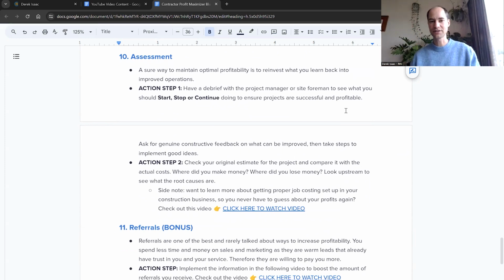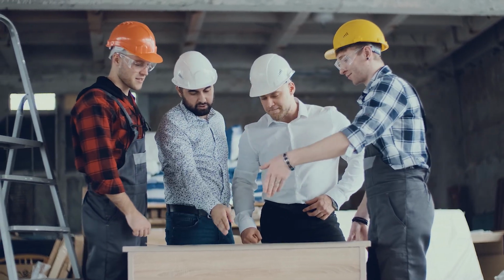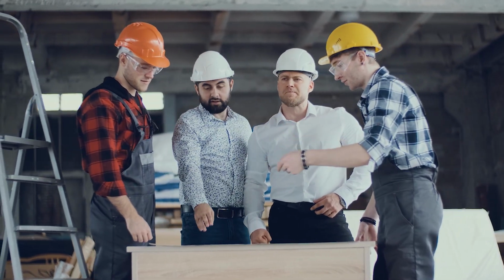So this is an assessment and something that you should be doing regularly. I typically do this every week, month, and quarter, but to varying degrees. But you should have a really big assessment, probably every month or at least every quarter. Have a debrief with your project manager, your site foreman, see what you should stop and continue. So have a really good open discussion with the managers of your business, the supervisors of your business, and just